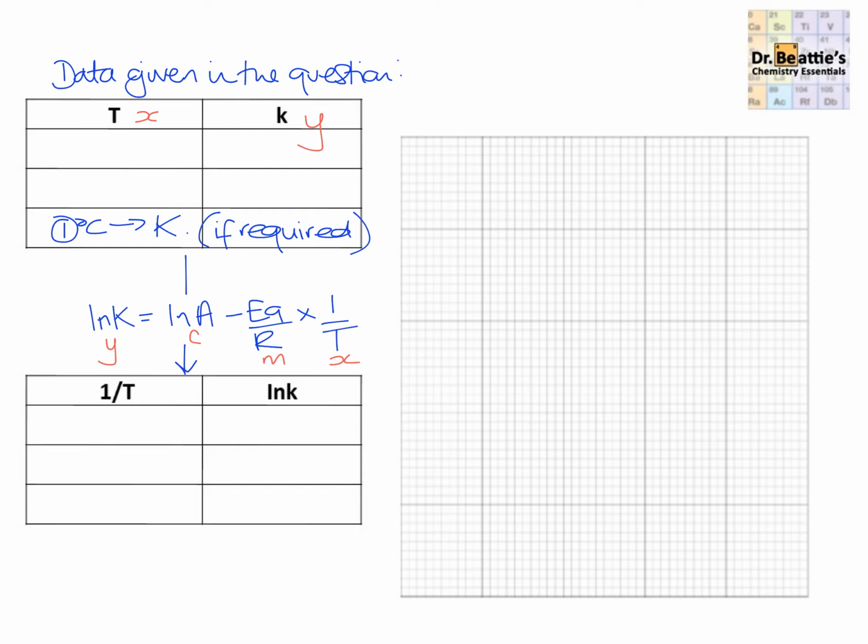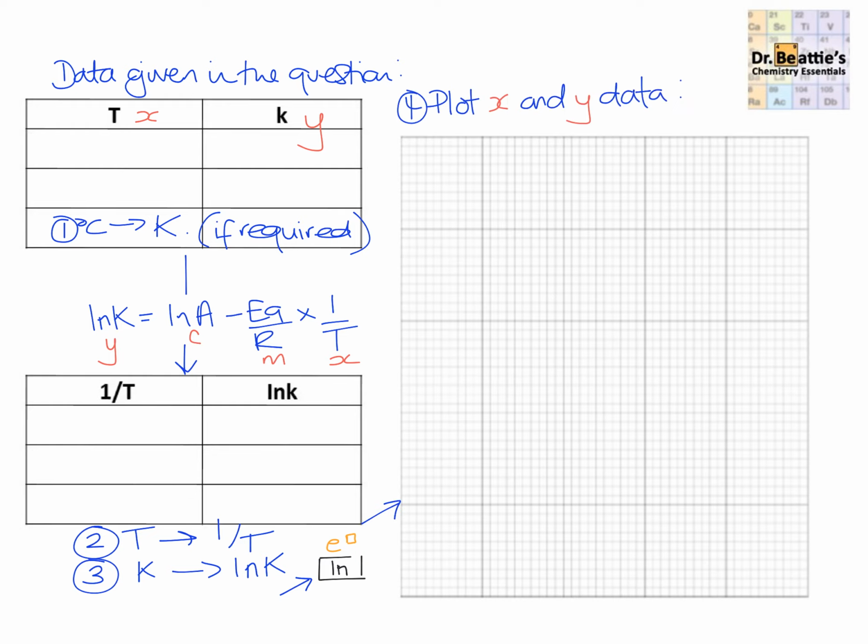So what you do is to take any value here in this column T and just do 1 divided by that value to get you your new values here. And then for ln K, you just take the natural log of the rate constant K. And just remember, on most calculators, like Casio calculators, you can see that the button's there with the exponential above it. What you then do is you plot the data, and it's plotting x values against y data,